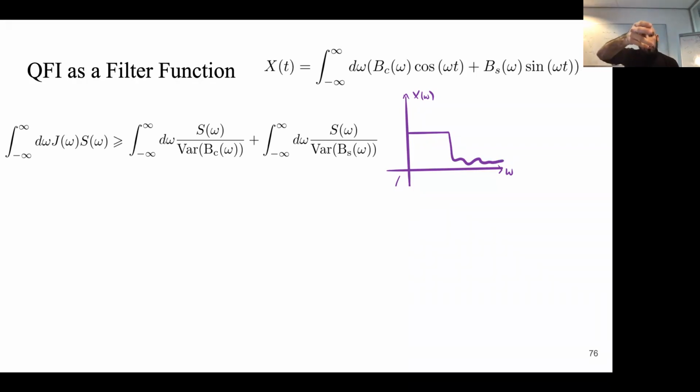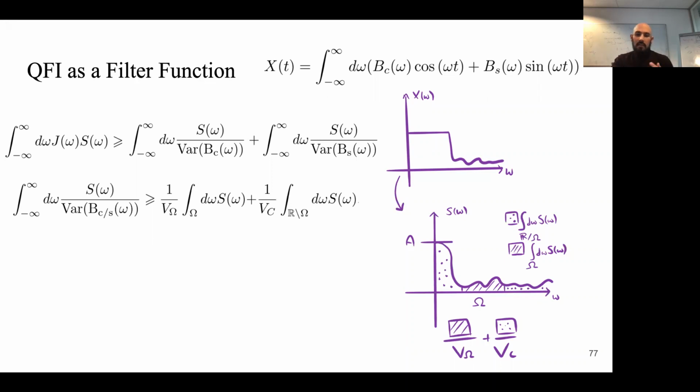The quantum Fisher information has units of 1/b², I believe, and the power spectral density, which is one of the experimentally relevant quantities that is reported quite often, has units of spectral density. So when you integrate this, it should be unitless. You can lower bound this quantity via the quantum Cramer-Rao bound, via the variances of the Fourier amplitudes. Those b's in the denominator should have hats on them. But